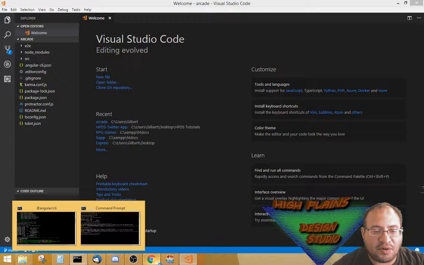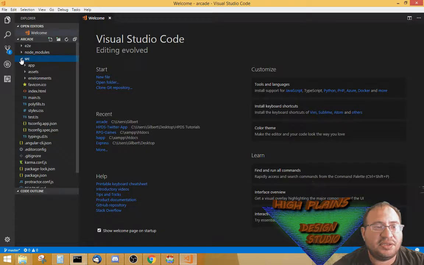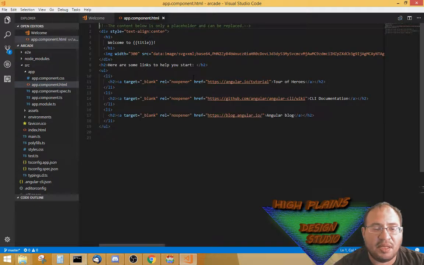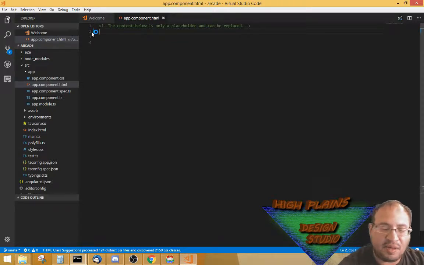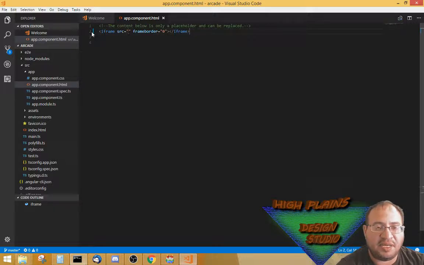I do have it served already, so it is this game right here, this app. So now I've got it. What I needed to do, if you remember, was go to the app folder, to the app component HTML. I'm gonna get rid of all this again, completely. And then I was gonna put in an iframe, and the source was gonna be HTTP, and then my local server, what was it called? It was called arcade.dev